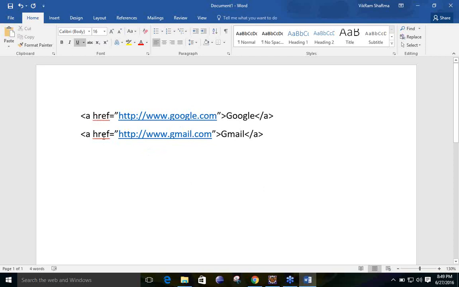So it will take the help of this tag only, because the URL can be different, the name can be different. What will be common in each and every one? This common will be the tag name A. So by the help of only that tag, if you count the number of times it has occurred in the web page, you will be able to get the number of links. Clear up to this one?